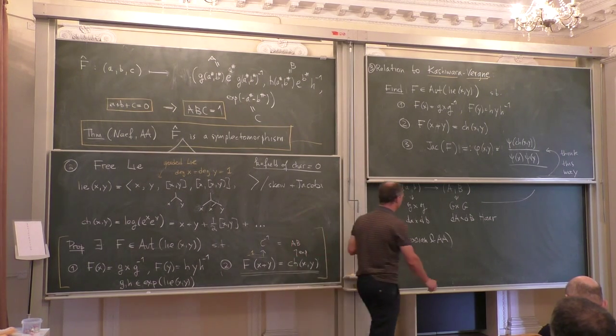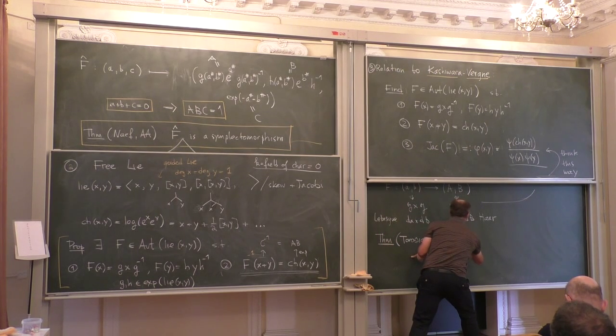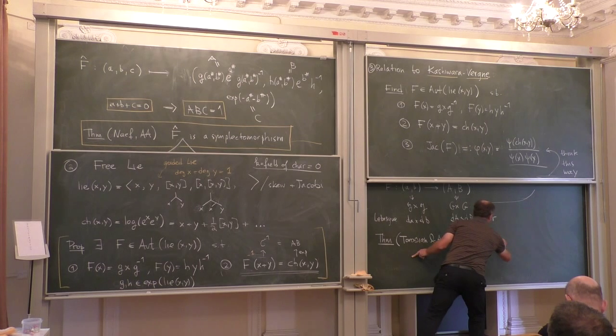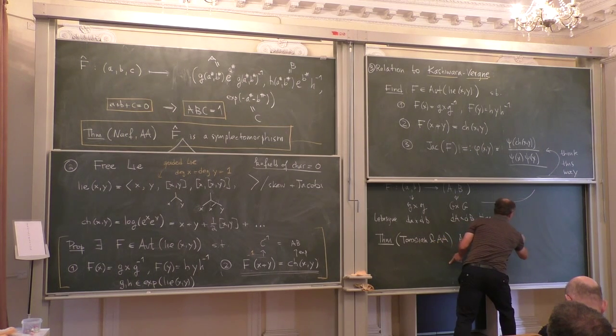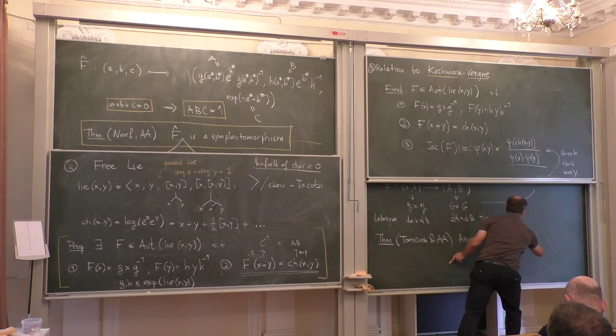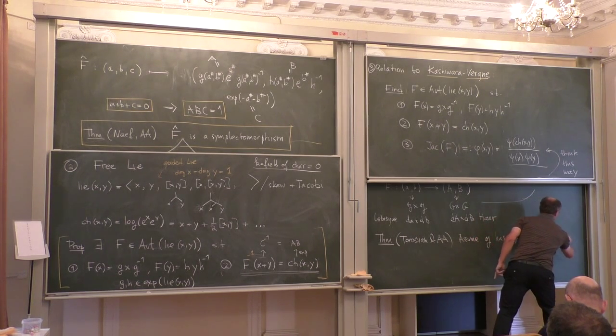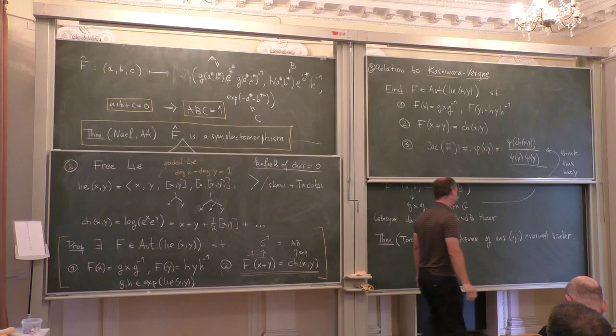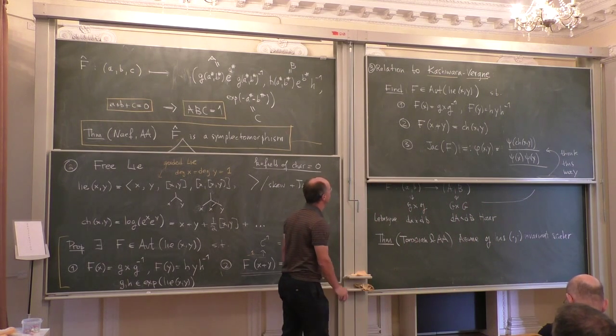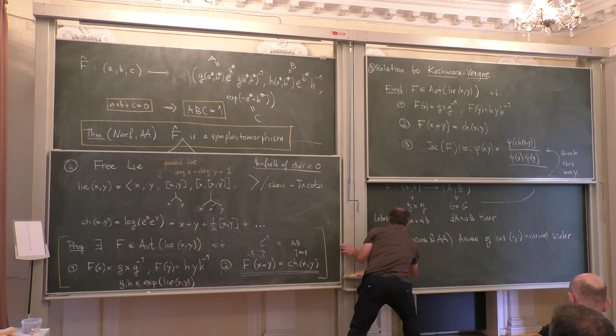Assume that the Lie algebra G has this invariant scalar product. So then equations 1 and 2